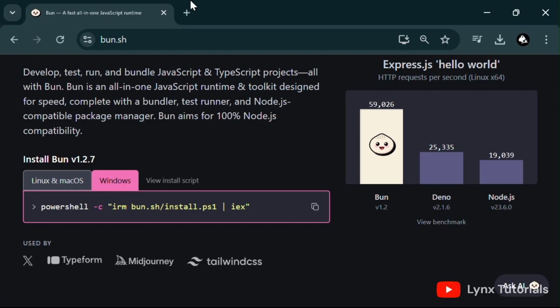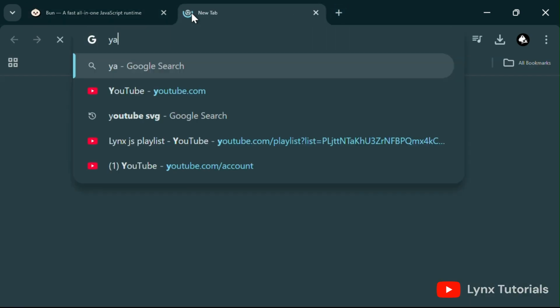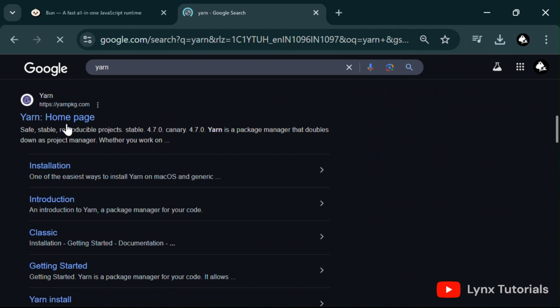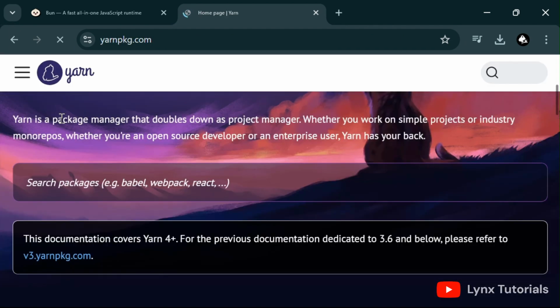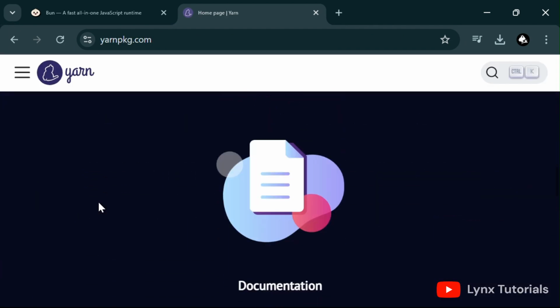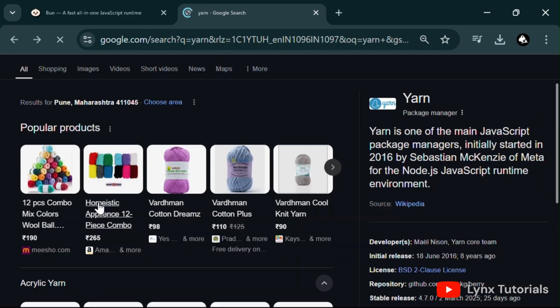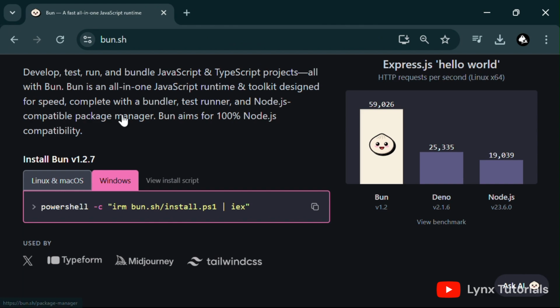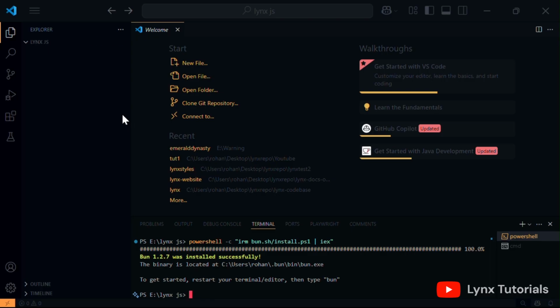If you are a Bun user, fine, and if you are a Yarn user, you can see how to install Yarn from their official website. I'm using Yarn in some of my projects. You can install it as well by following the documentation. So that's all. And if you want to create a new Lynx project, then just npm or bun